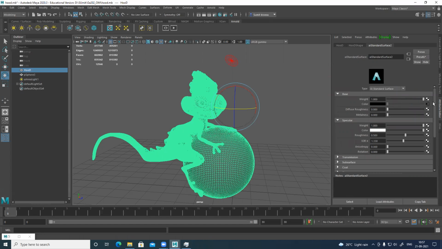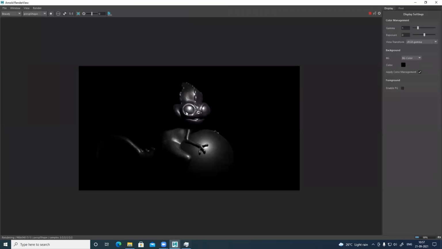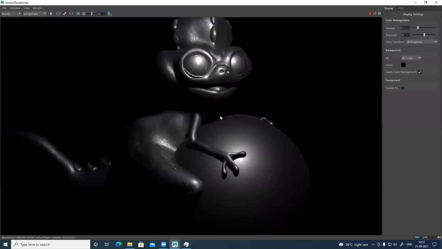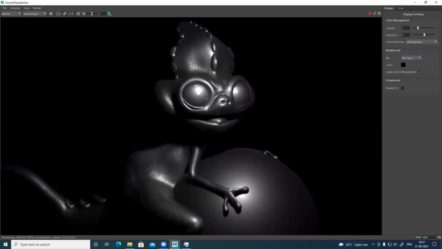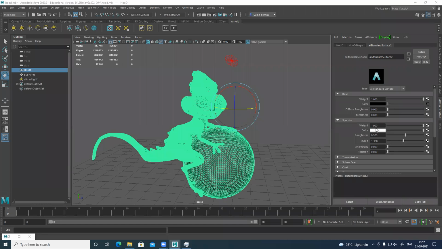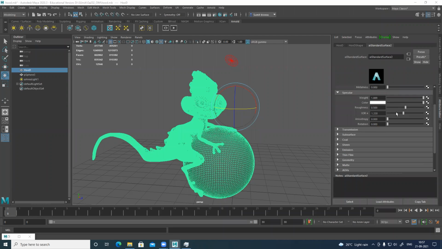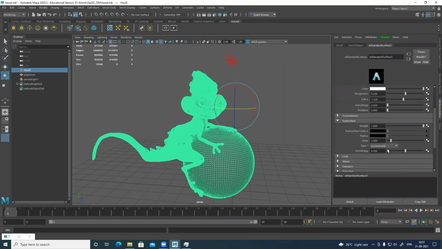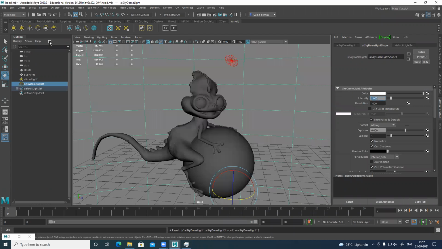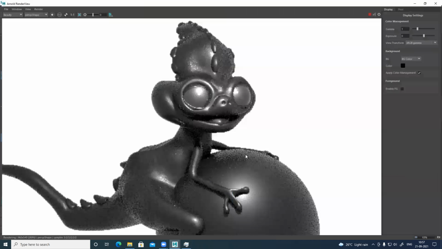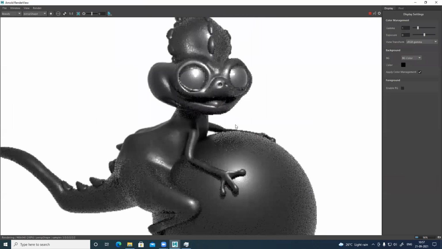Oh, color weight is 0. And increase the color weight. Details I can see, but still it's not very nice. Roughness is fine. And it is okay. But still I cannot see any color. So I'll just create a sky dome. It's still showing gray.